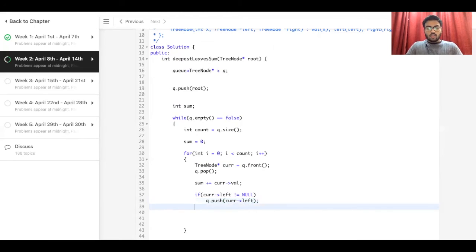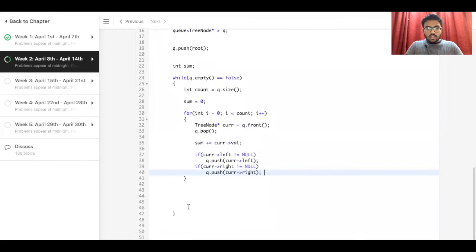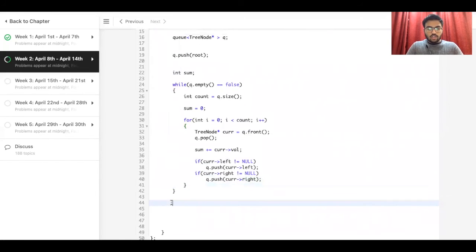All right, if current right is not equal to null, then we do q dot push current right. Basically we have almost done the code. We only have to return the sum here. Return sum.